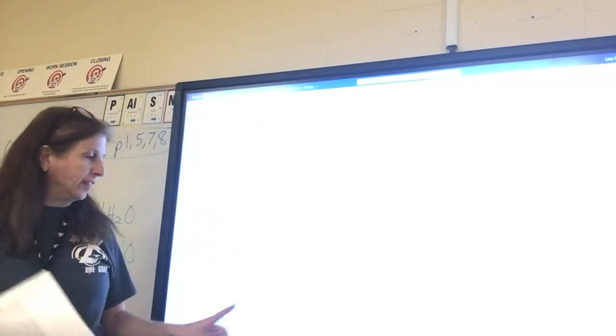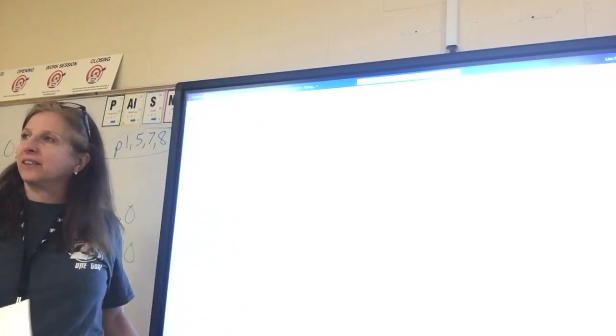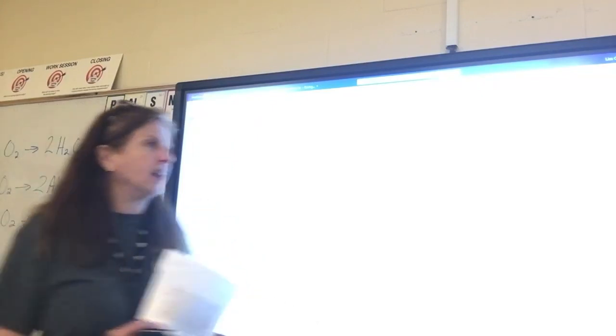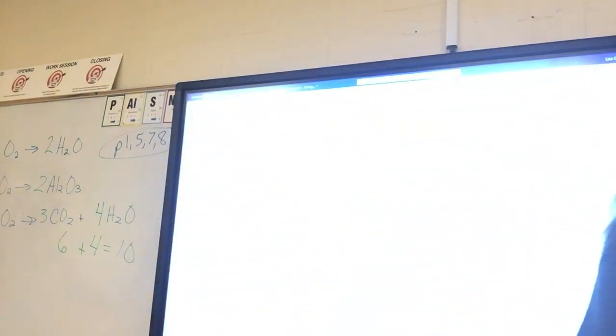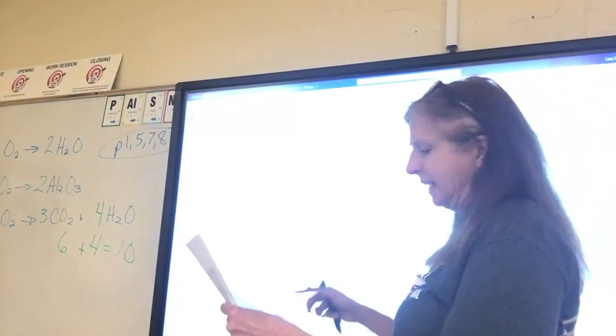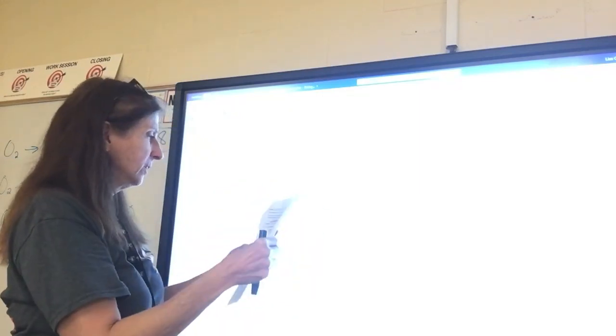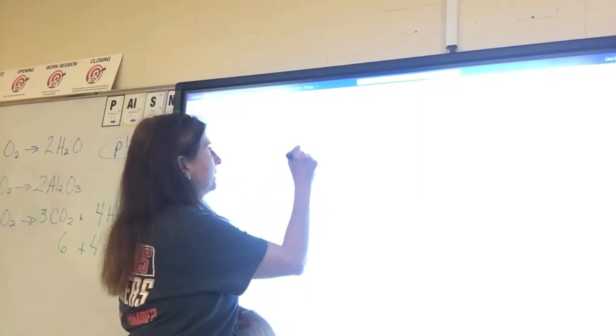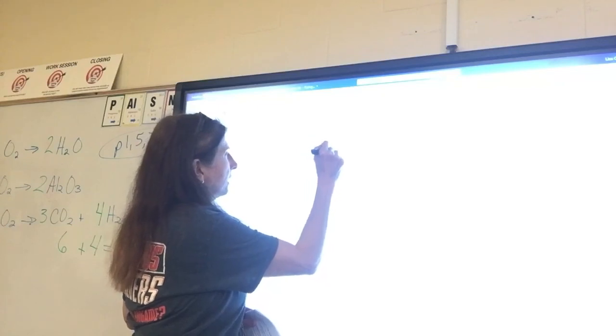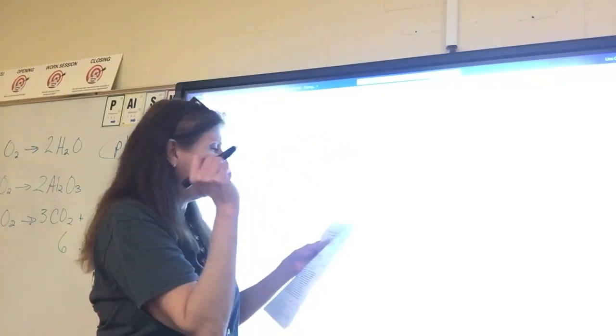So I don't know if y'all, but that's why you have a little wrestler there on the side of your paper. Okay, so think of it like a strength wrestling or a strength chart. And the strongest is on top, the weakest is on the bottom. Okay. The strongest element is on top, the weakest